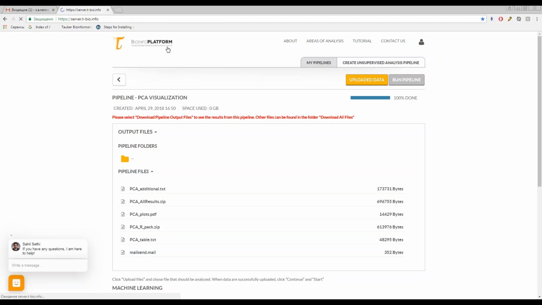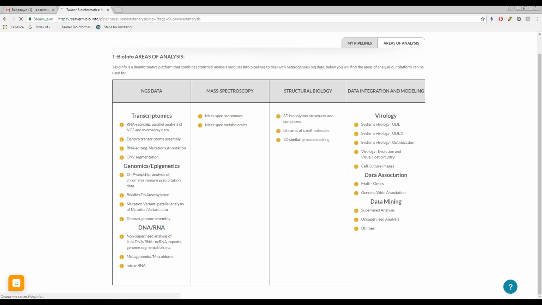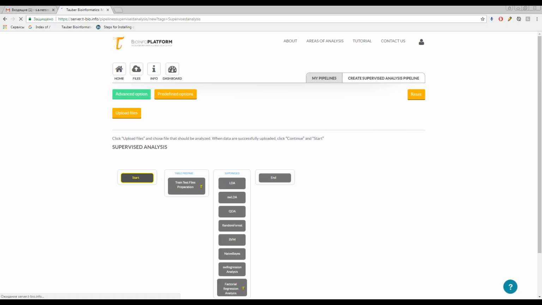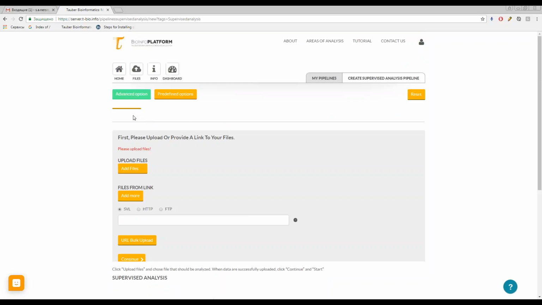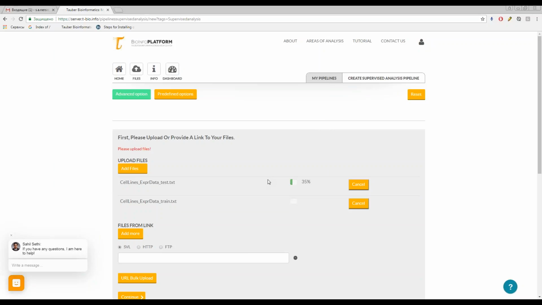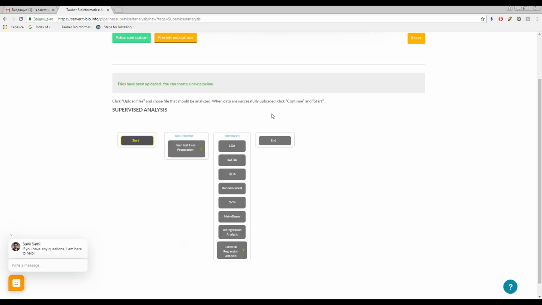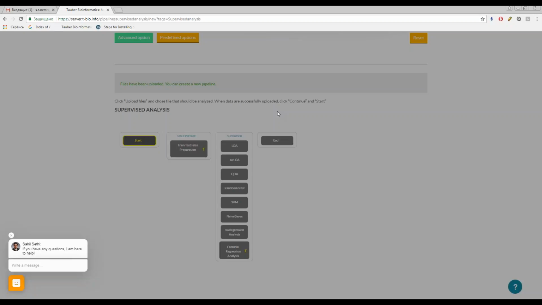we have a supervised analysis section in the platform. The workflow is similar to previous ones. We just upload 2 files, train and test. Wait until they are uploaded. Okay, then press continue and start the workflow. Here you see